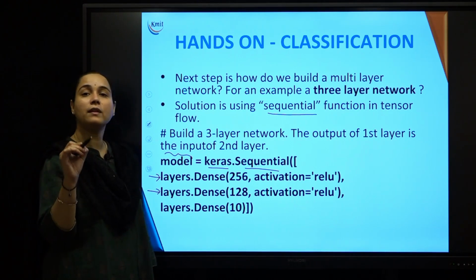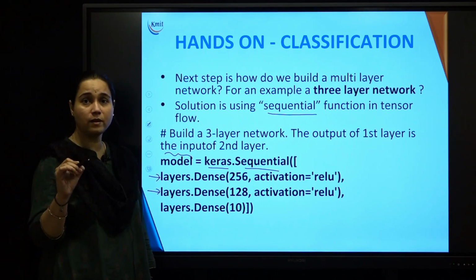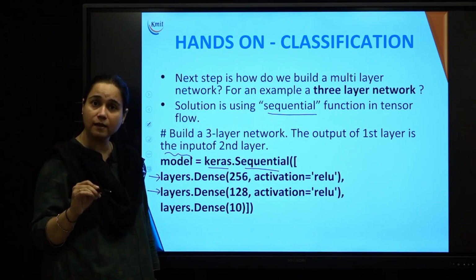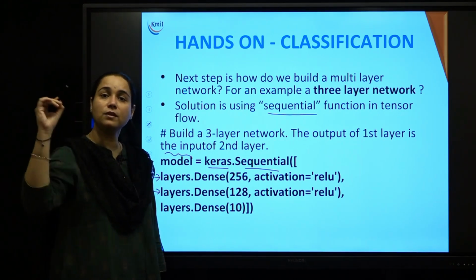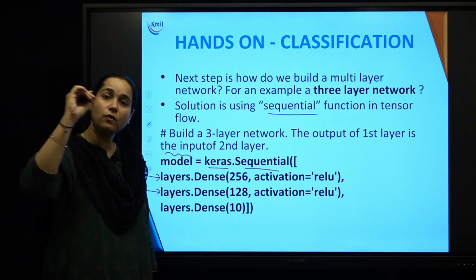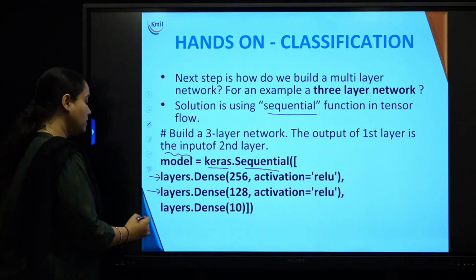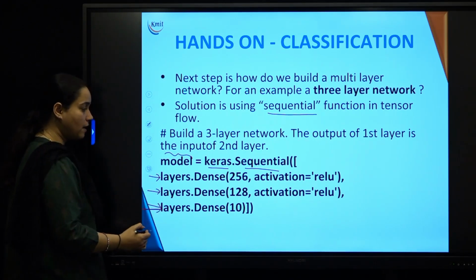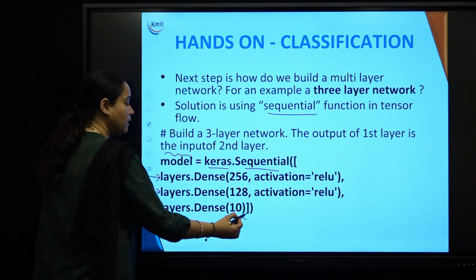So you all know for the MNIST data set, my output consists of categories. How many categories? 0, 1, 2, 3, so on up till 9. So that means overall 10 categories. So you can see my last layer, which is my output layer, I am going to use with a dimension